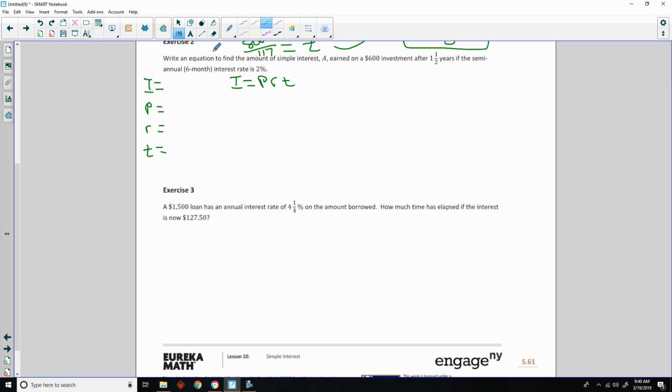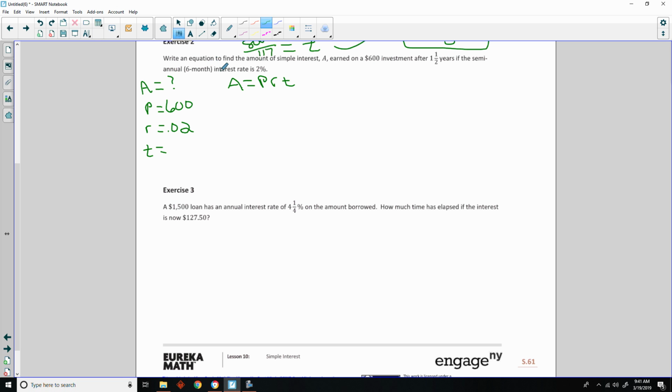Okay, so now they're calling simple interest A, not I. So they told us to use A, we have to use A. A equals PRT. All right. So it says find the amount of simple interest A, so we don't know that. Earned on a $600 investment, that's my principal, at a rate of 2%, which is 0.02,